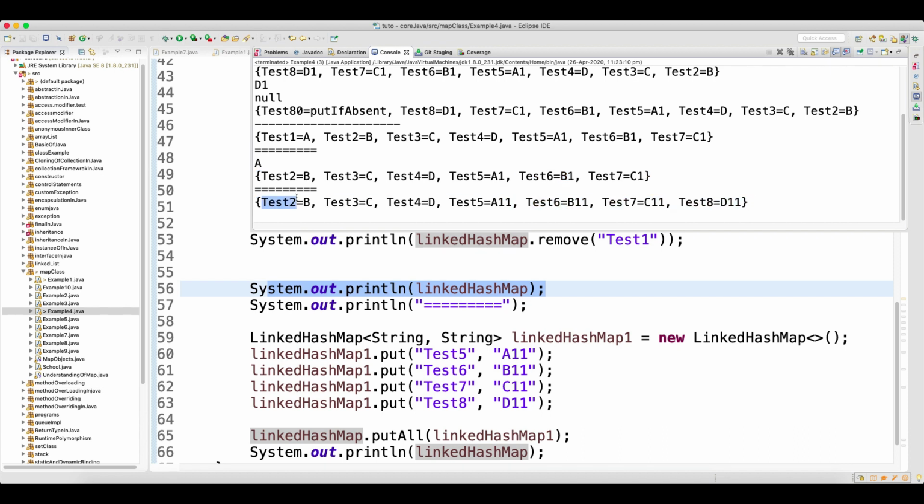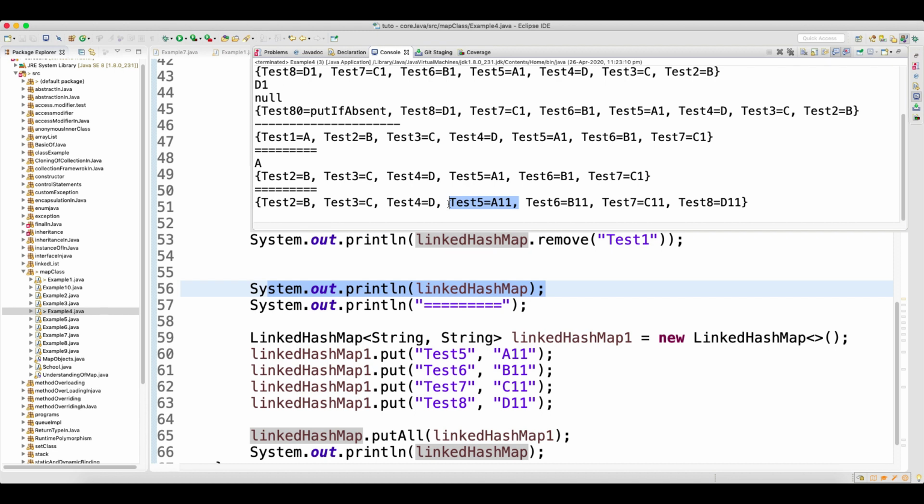Test 2 B, test 3 C, test 4 D, and test 5 was there. What was the value earlier? A1. But in the next map what was the value? A11. So you can see that the same key got replaced, and the value also got replaced.